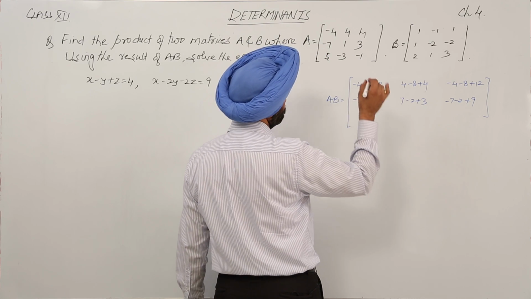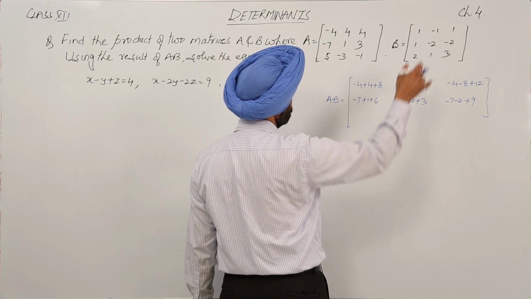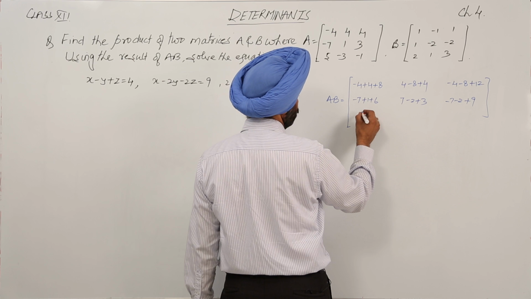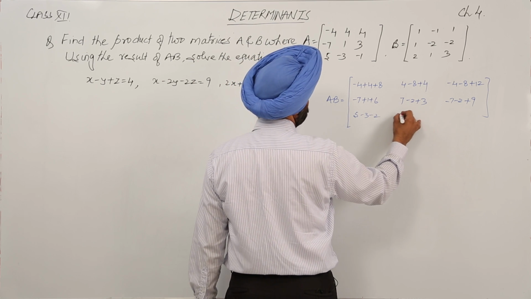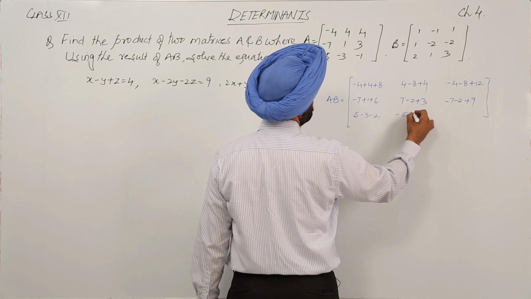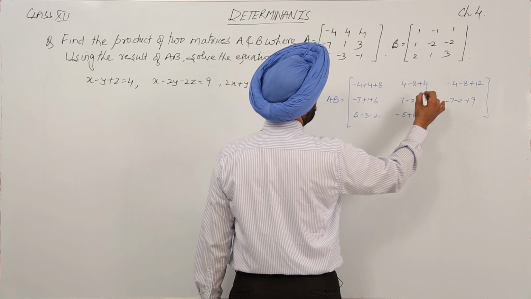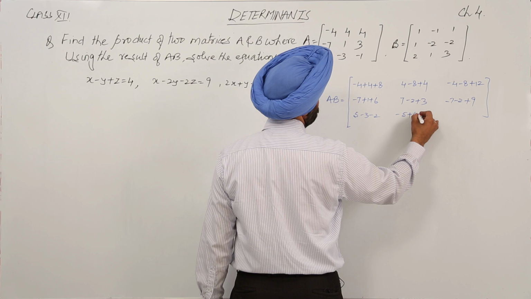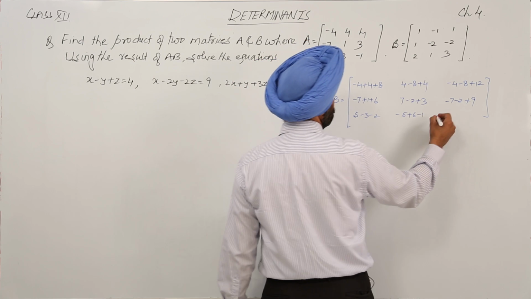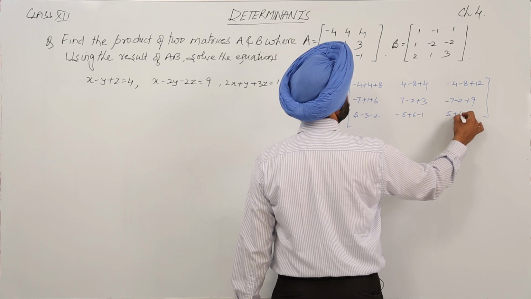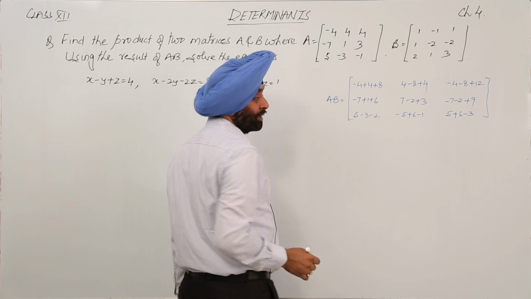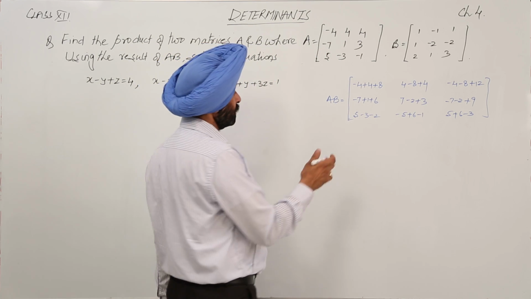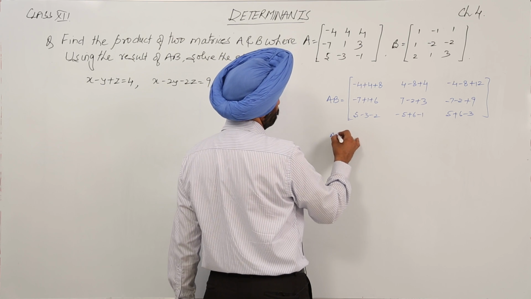Then third row, first column, second column, third column. Now 5 with 1, 5. So we are having 5 minus 3 minus 2, minus 5 plus 6. Then -1 with 1, minus 1. And finally 5 plus 6 minus 3. So now what is AB? This was a product. Now AB is equal to